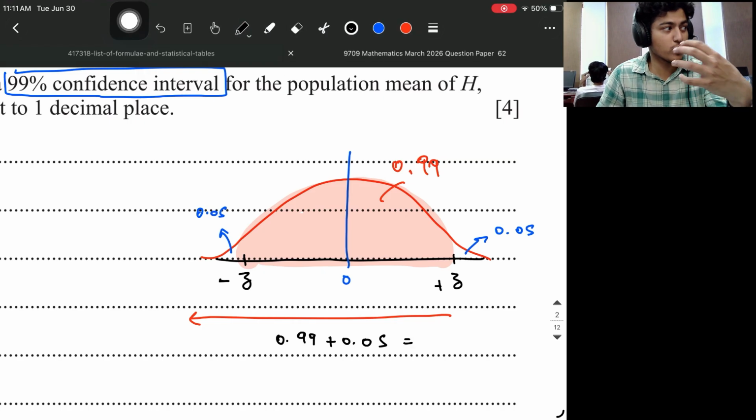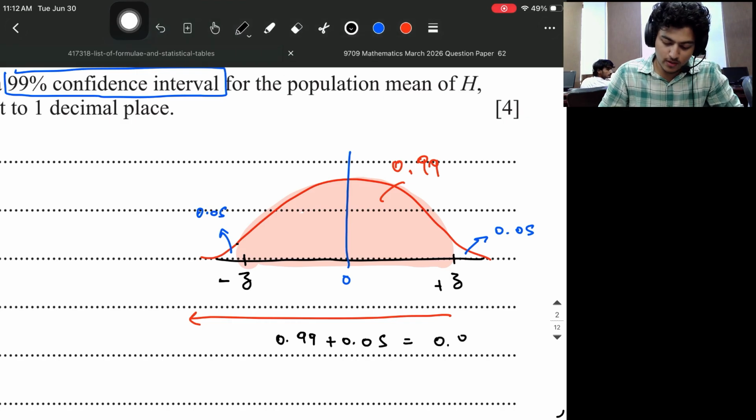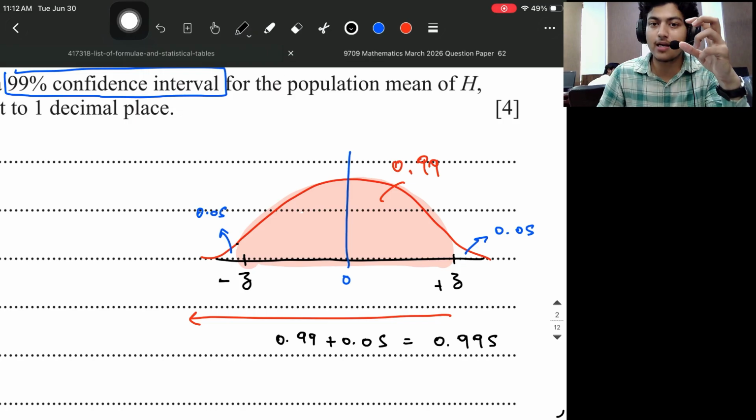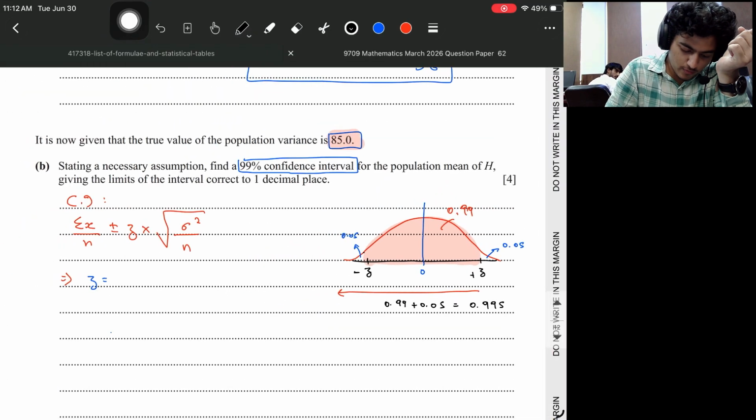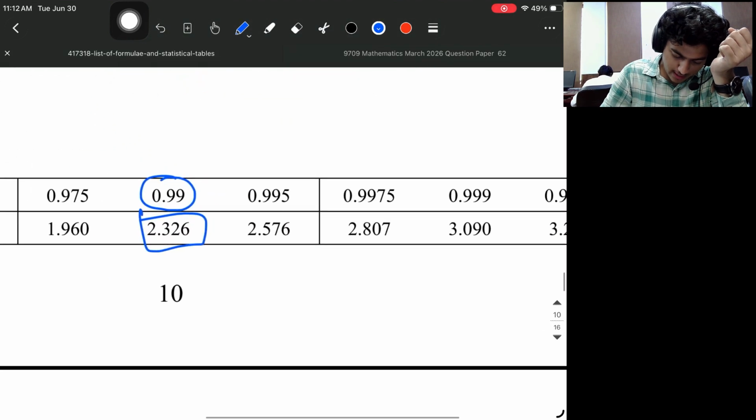Most students make the mistake of finding the z value corresponding to 0.99, but they need to factor in the 0.05 as well. So we are going to find the z value for the probability of 0.995. If we move on to the table, the z value for 0.995 is